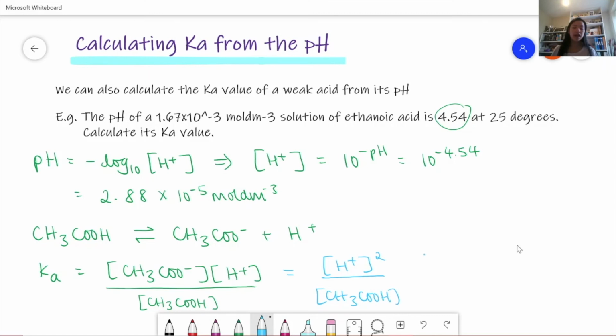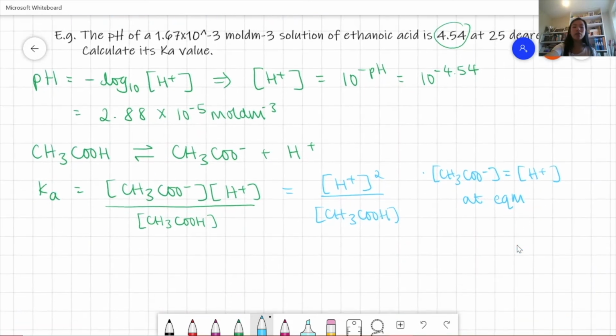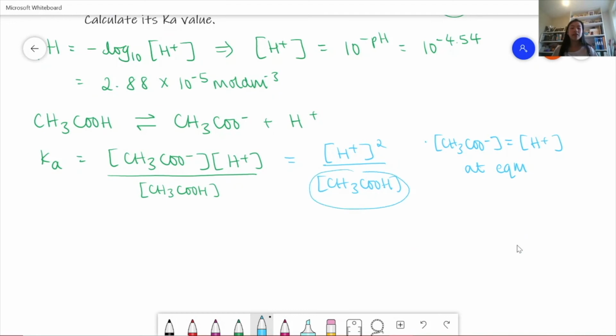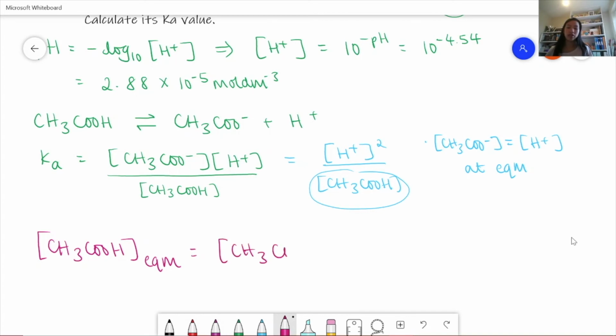And this is because these two concentrations of the ions are equal at equilibrium. And now we have to work out this bit, the concentration of the ethanoic acid. And so what we have is that the concentration of ethanoic acid at equilibrium is equal to its initial concentration, so again, we denote it with a little i, minus this concentration of the H plus at equilibrium, because it's a one-to-one